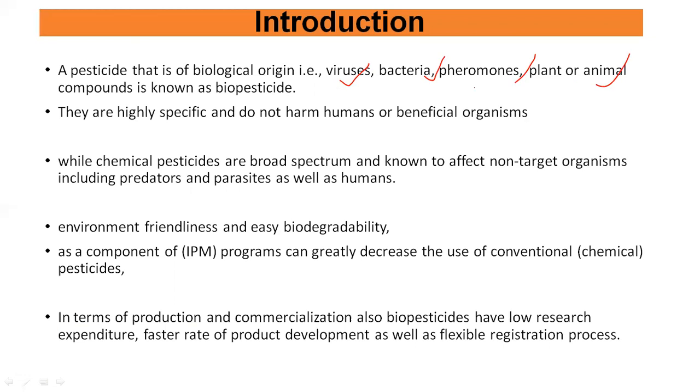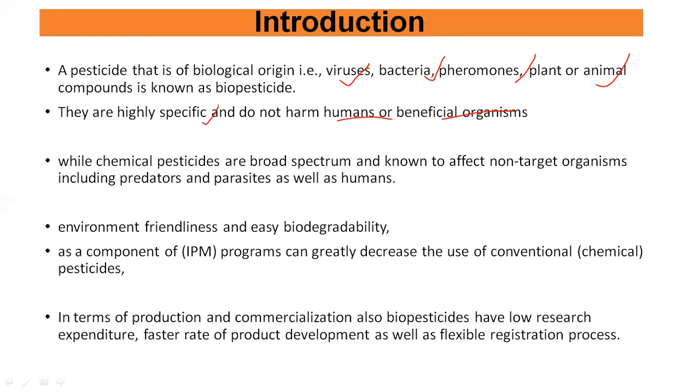And this biopesticide is not harmful to humans or other beneficial organisms because it is highly specific. Suppose the farmers want to control any one pest. This type of biological pesticide is very effective to minimize and control that pest and get results. Now the chemical pesticide, in contrast, is broad spectrum, which has very